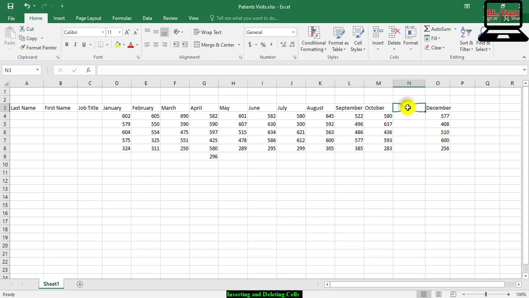In cell N3, type November, press Enter. Enter the numbers in cells N4 to N9, one by one. 480, enter. 502, enter. 446, enter. 577, enter. 302, enter.